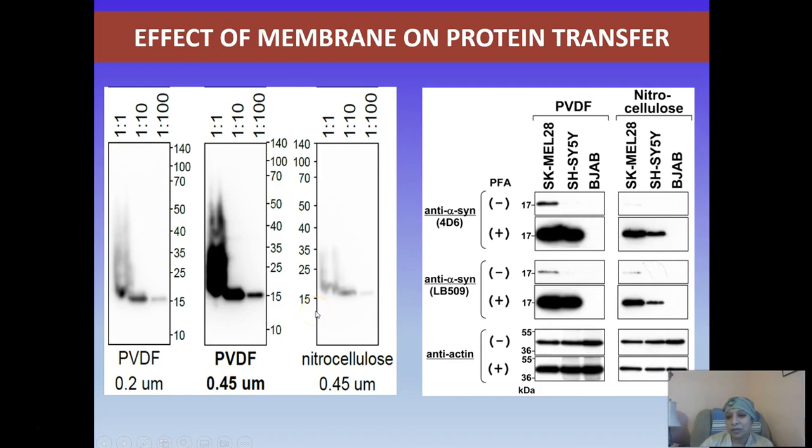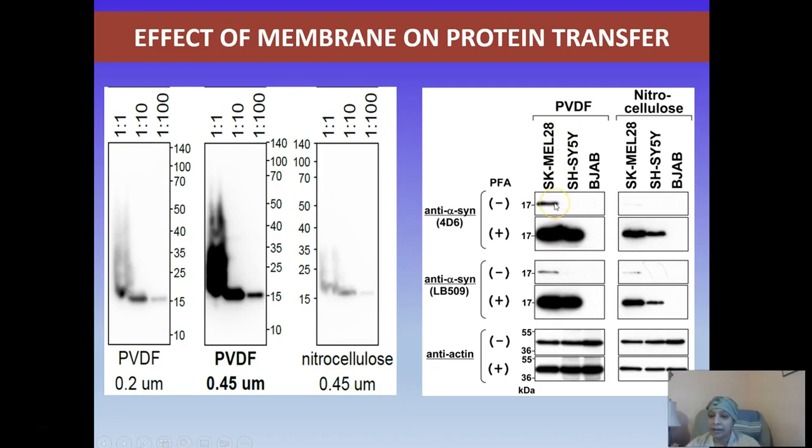And the nitrocellulose really did not give very clean results, same results, but not as crisp. So definitely, if we were wanting to publish this result, we would want to use the PVDF in this case. Here again, you see the opposite result. In this case,